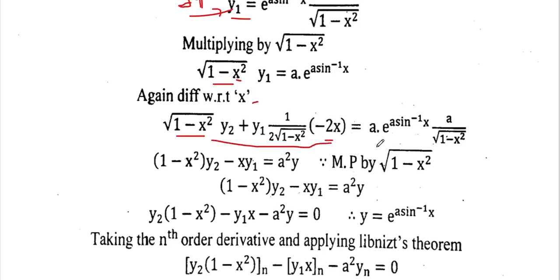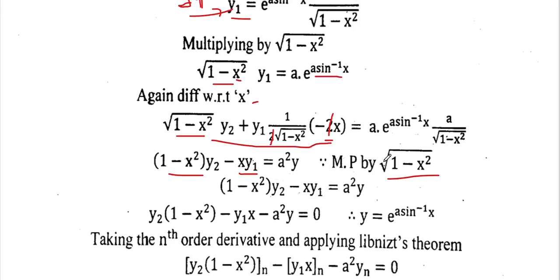the right hand side. a is a constant, so the derivative of e to the power a sin inverse x means e to the power a sin inverse x into the derivative of this term, that is a upon under root 1 minus x square. So again multiply under root 1 minus x square on both sides. So we get under root 1 minus x square y2 minus x y1, since the minus signs and the 2 and 2 get cancelled, and under root 1 minus x square also gets cancelled. What is remaining is x y1,